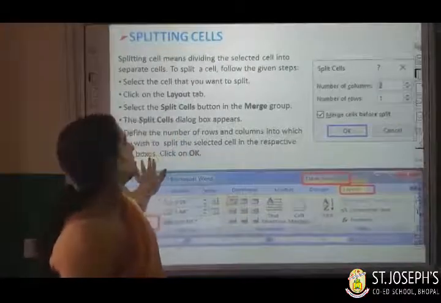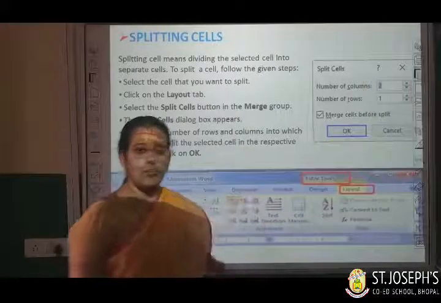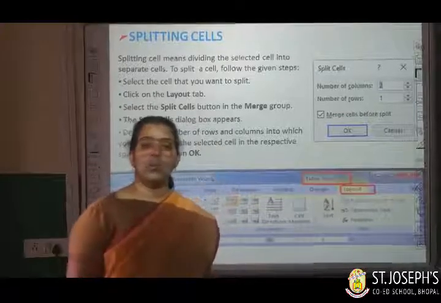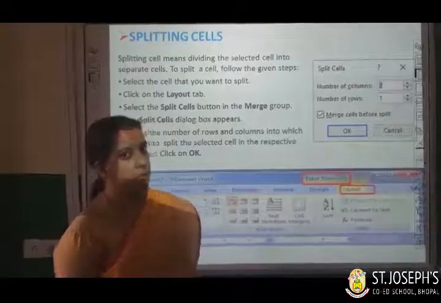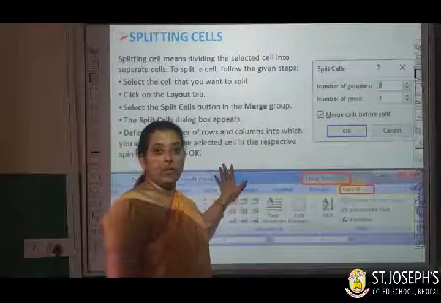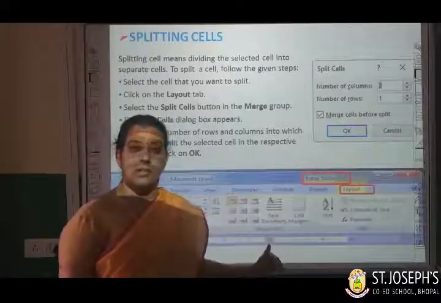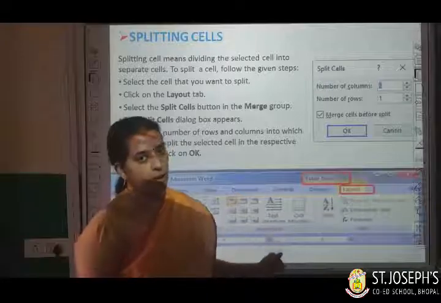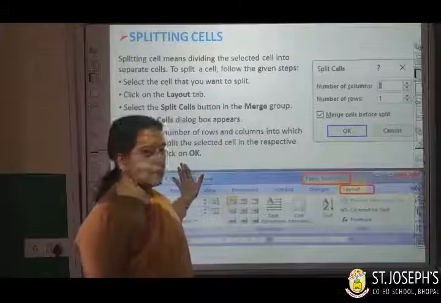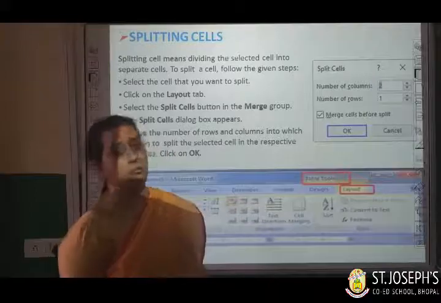Today again we are going to see the fourth chapter only, children. What was the name of the chapter? Yes, working with tables in MS Word. Did you understand how much we have learned? What topics did I discuss in the last class? I hope all of you got clear. And did you revise, children? Yes. So today we are going to see the same chapter, working with tables, lesson number 4.